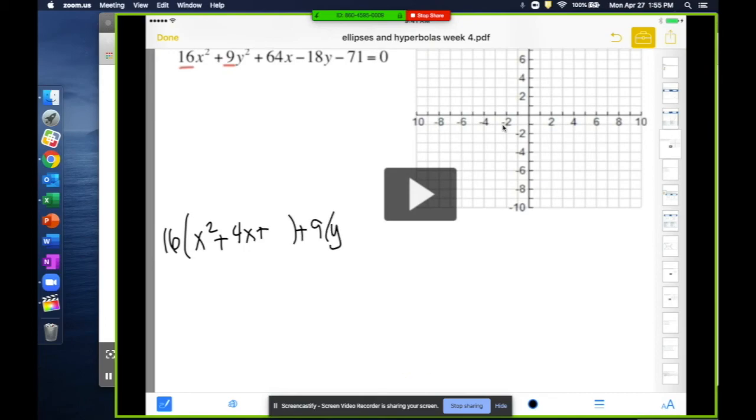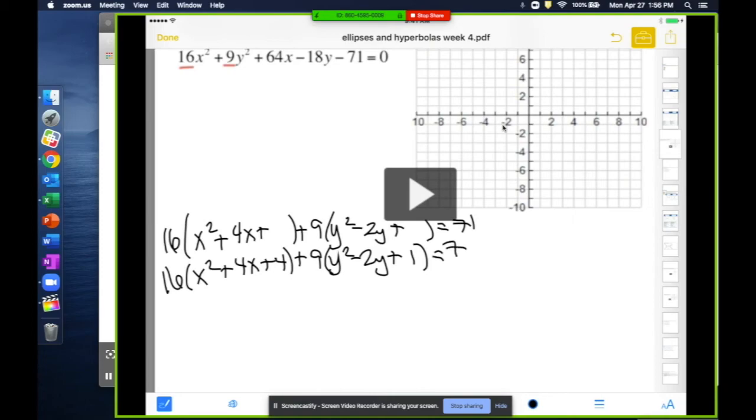So I'm going to divide out 16 and get 16 times x squared plus 4x plus blank. I do the same thing with 9 to be left with y squared minus 2y plus blank equals the 71 on the other side. So now when I complete the square, 4 divided by 2 squared is 4, so I'm going to add that in there. And then negative 2 divided by 2 squared is going to get me just plus 1 equals 71 plus 64